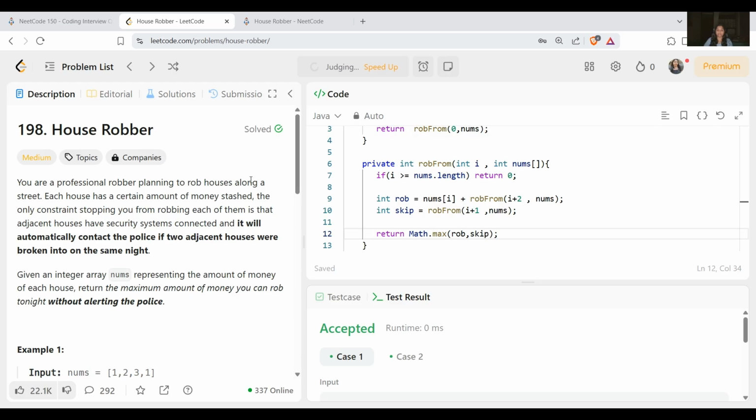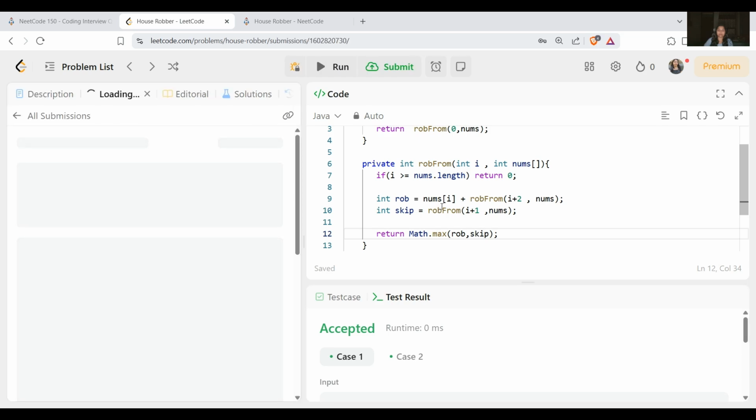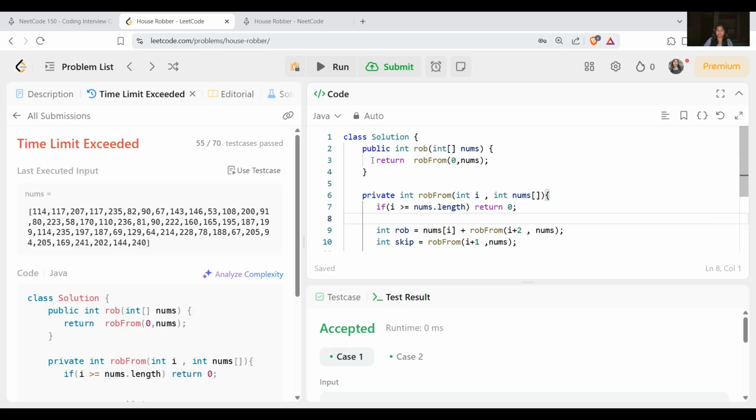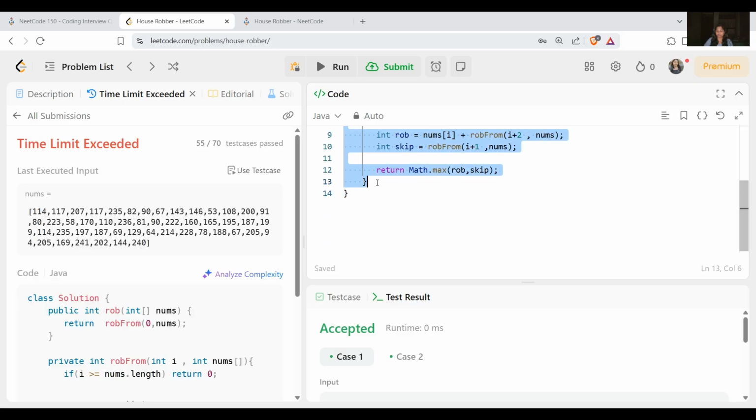It's a brute force solution, so the time complexity is 2 to the power n. That's why time limit exceeded for this case. So we have to use a more optimized way, and we will use the concept of DP here. Let me remove this and start again to code the optimized one. The time complexity is 2 to the power n, and the space complexity is O of n only.